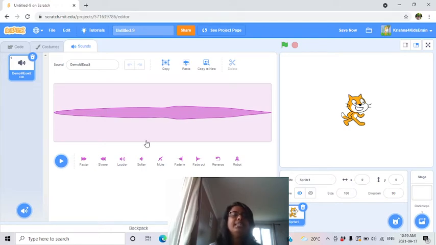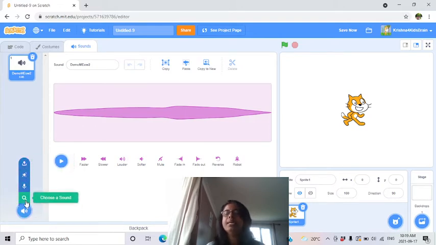Now, after this, there is one more thing. Here we have only one sound, but you can take many other sounds. To add sounds, you have to go here. When you mouse over here, you get 4 options, exactly like what we learned for the backdrop and the sprite. One, you can choose from the Scratch library. Other one, you can record your own sound. Then you can get a surprise sound. And fourth one, you can upload sound from your computer.